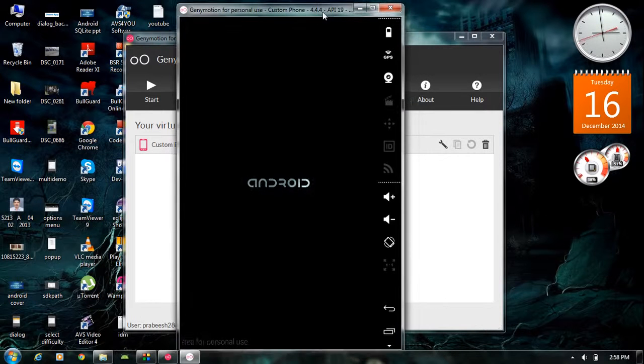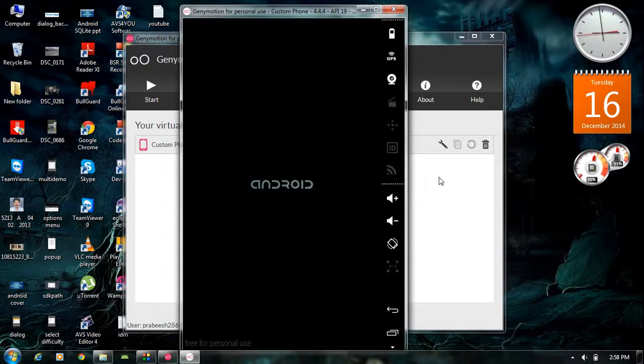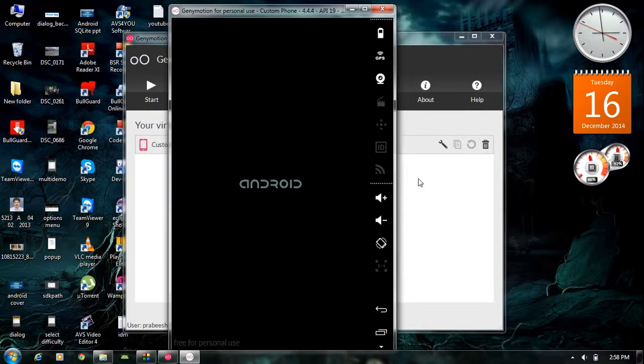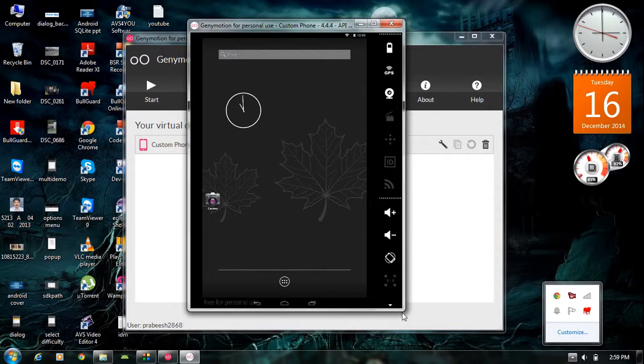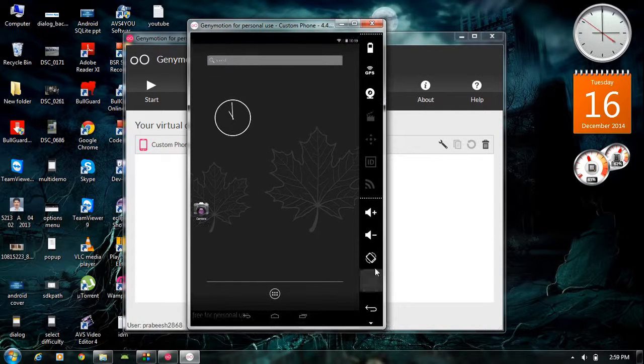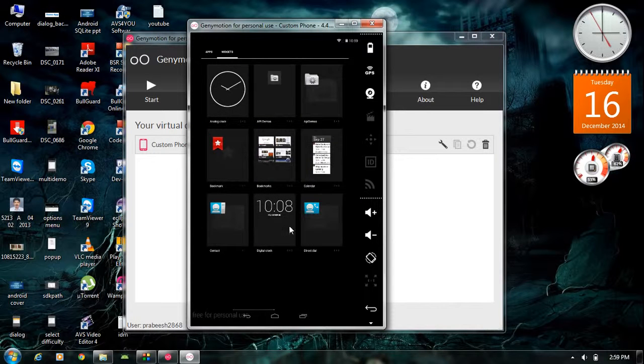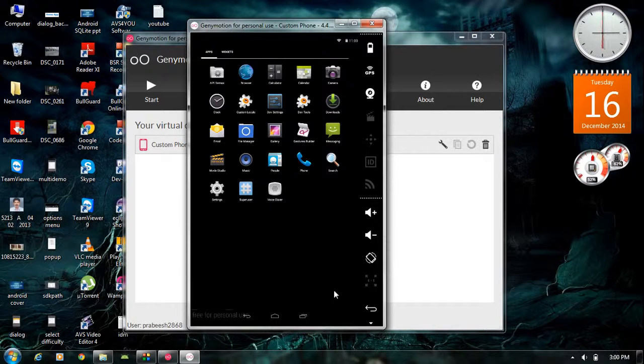Okay, now the newly created Genymotion virtual device is started. Wait for some time, it is booting. Okay, now the virtual device is completely loaded. You can see that it is 3 or 4 times much faster than a normal Android virtual device. You can test your Android application 3 to 4 times faster than a normal Android virtual device available with Android